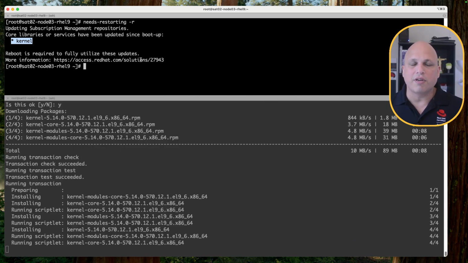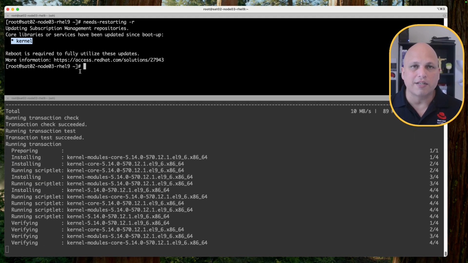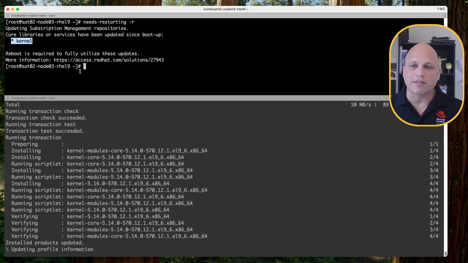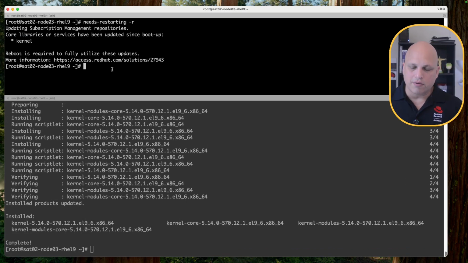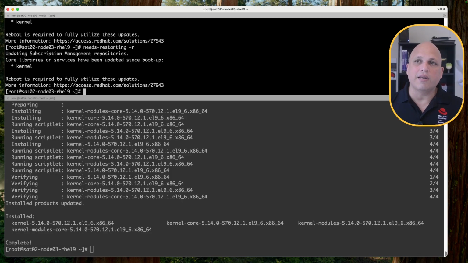Basically, this is giving you a complete description. Feel free to access this link, and it will also be available in the description down below. But the main point is now we can see which package is requiring this machine to restart. So definitely this is an easy way to track this down and see what's going on, what package or component is asking for restart, just by executing needs-restarting -r